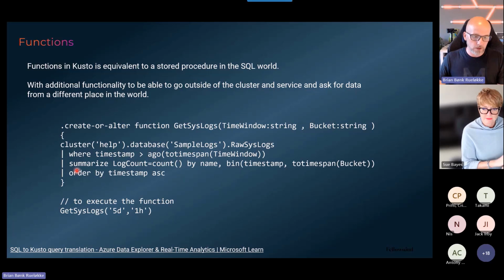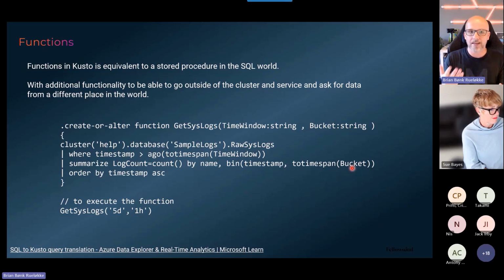Then I do a small calculation. I do a count. This is just a row count grouped by name. That is also one of the columns. And I name this calculation log count. And then I also group it by a bin of timestamp to time span bucket. What is this? Well, imagine I have 100 days of data and I want to put this into buckets of 10. So I ask the engine to please give me 100 days, but put it into 10 different buckets. Then each bucket will contain 10 days. If I were to put it into 2 buckets, then each bucket will contain 50 days. So I can now begin to group my data as I see fit.